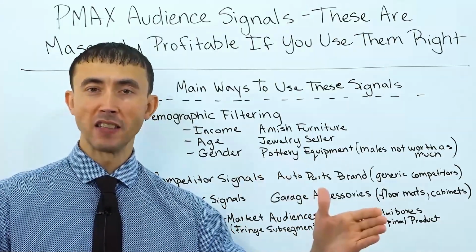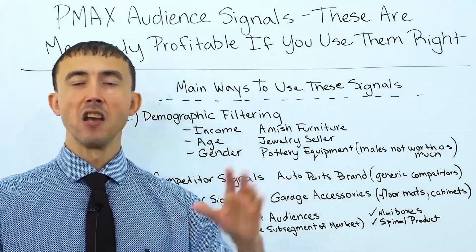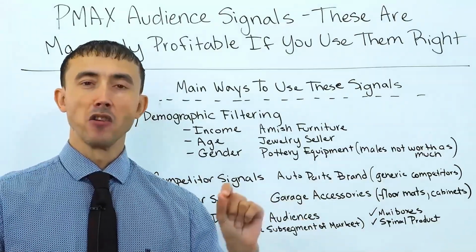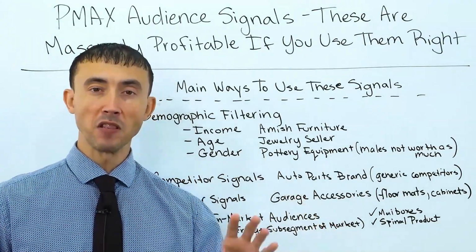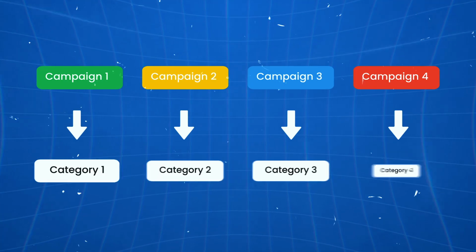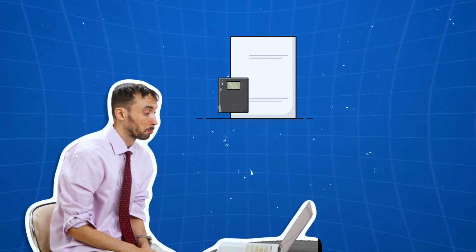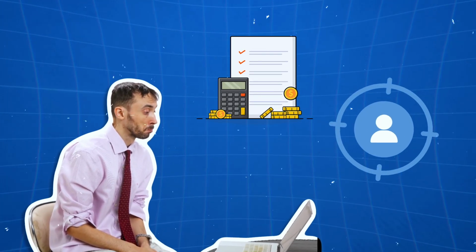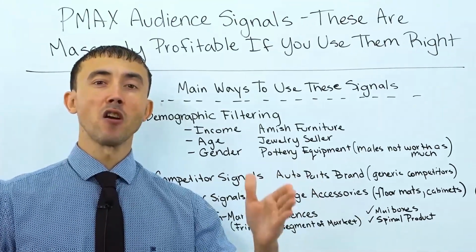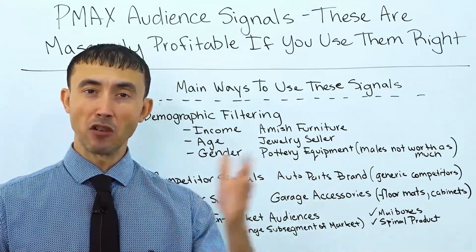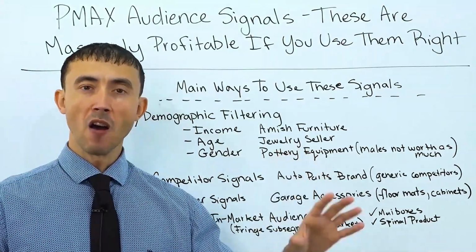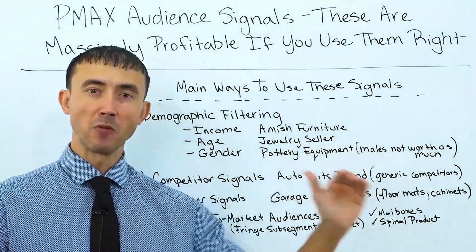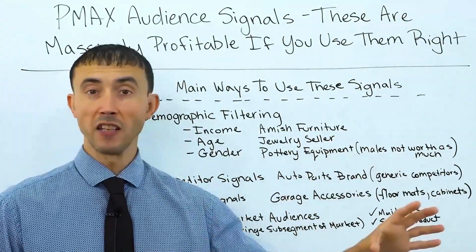Somebody who buys a couch is different than someone who buys deck chairs. But I will say, for that matter, you're better off if you are going to do that at the category level for an e-commerce business. I'm going to have different campaigns for each category, because then I can set my budget differently, my targets differently, and go that route with it. But if you are going to target each individual item like that, like I mentioned earlier, do that within the same campaign. Of course, beyond that, you should have different campaigns for each category if you sell completely different things,